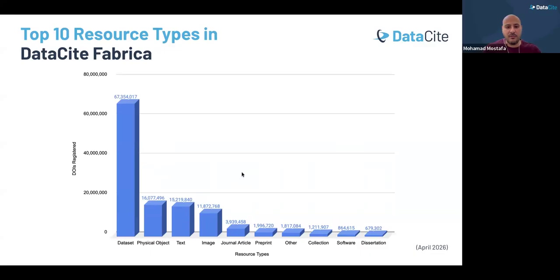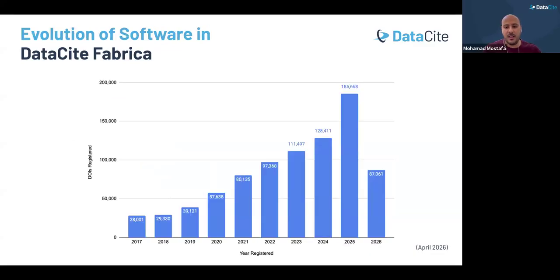In terms of the evolution of software in DataCite Fabrica, you can see that the registration of software in our registry has been growing since 2017, when software as a resource type was incorporated as part of our metadata schema. I think this also reflects an interest from the community to acknowledge software and code as a resource type. The registration numbers are going up every year, and as you can see, we are still about to start the second quarter of